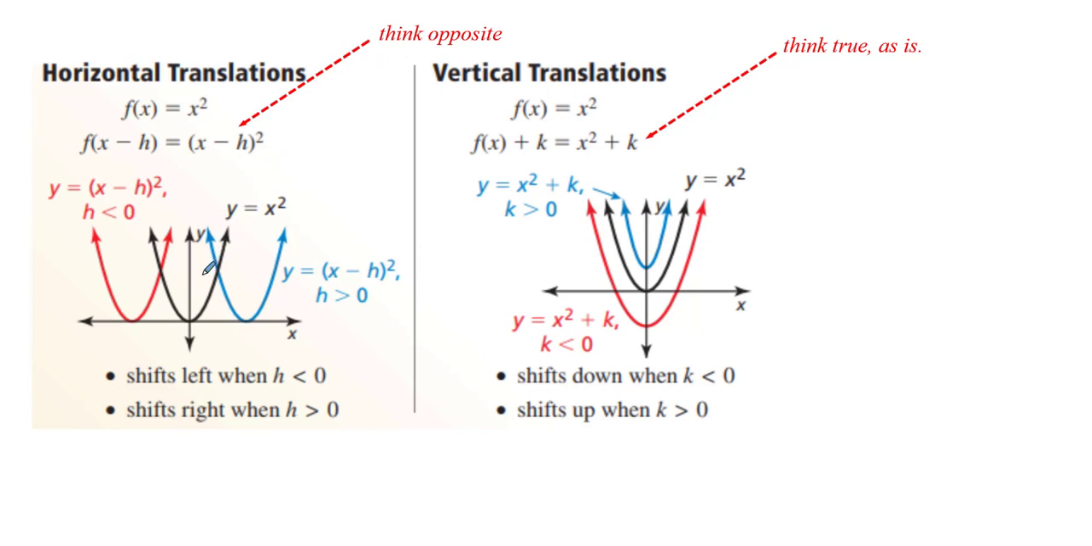Okay, remember, if we have a negative number, and we talked about this when we discussed the vertex, the values of the vertex from vertex form, if we had a negative number, we ended up seeing that shift to the right. If we had a positive number, we had that shift to the left. And then when we have a vertical translation, that k value of our vertex, I mentioned that always think true, it is as is. All right, so let's play around with a couple of horizontal translations and vertical translations here